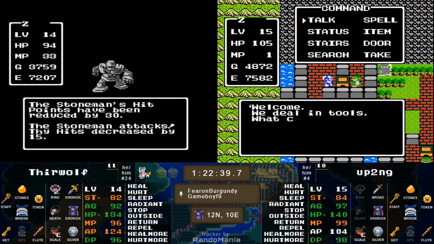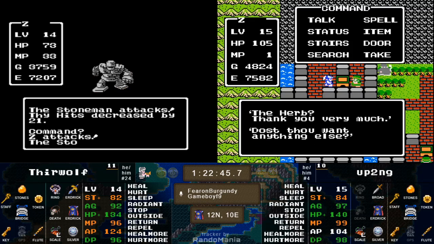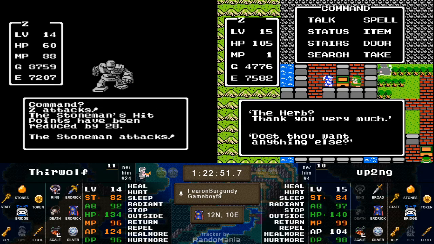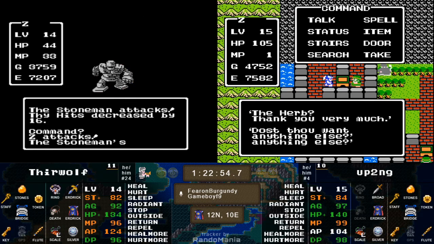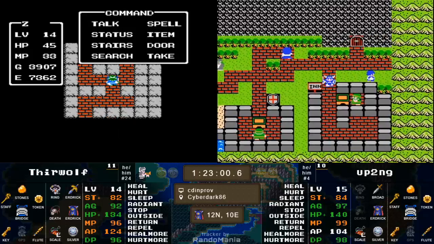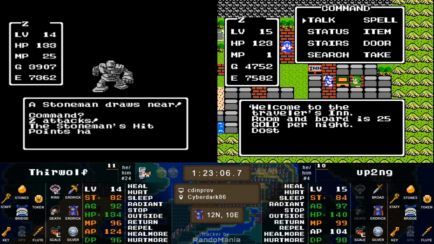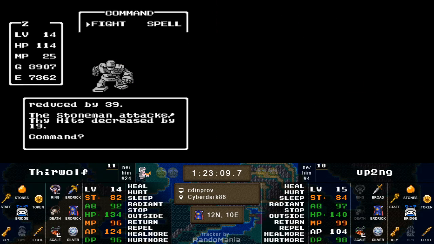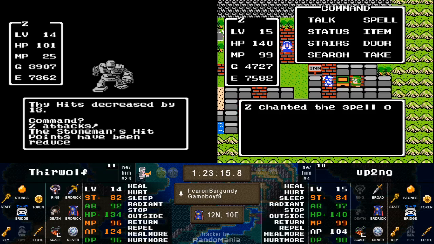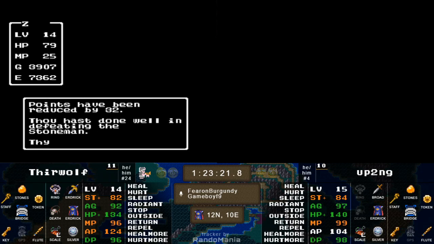Oh, this is going to be great. Let's see what Thirwolf does. I mean, he's coming up on 15. Just 2 stonemen away. So up2ng is going to have about a minute head start into the castle, I would say. Maybe a little more. But he has to make that diversion for Erdrick's sword, for the death necklace, for the fighter's ring. Yeah, that's not that much of a diversion, so I don't think that's going to kill him right there, but